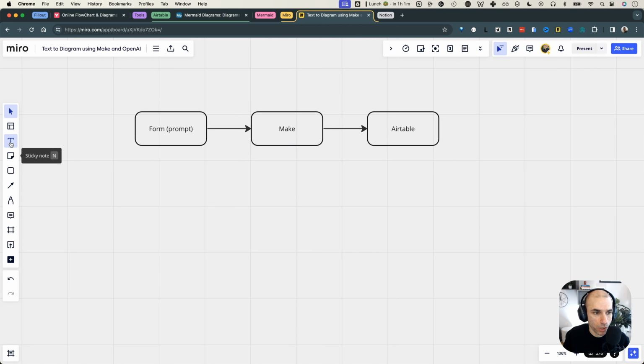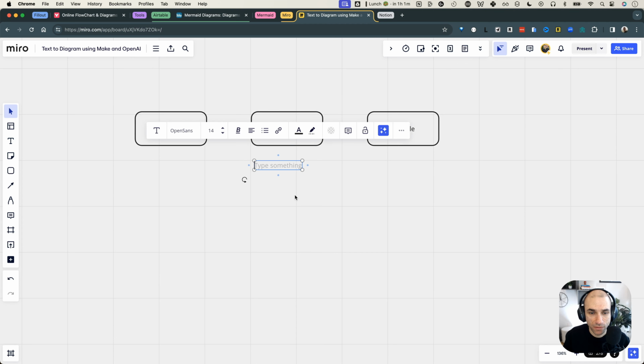So let's just quickly type it all out. First thing we need is a prompt that comes in, and that is coming from a form, right? So that's easy. You create a form, add the prompt, and then that is sent over to Make. No problem. So let me just number these and create more space. Then in Make, we need a way to convert the prompt